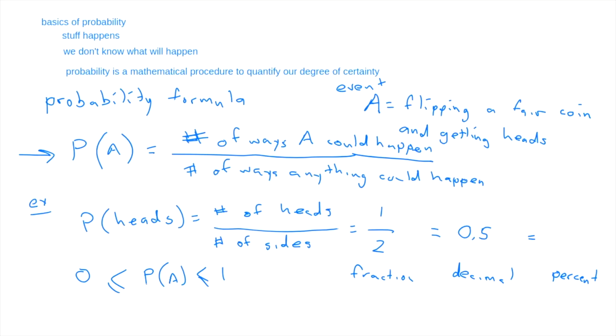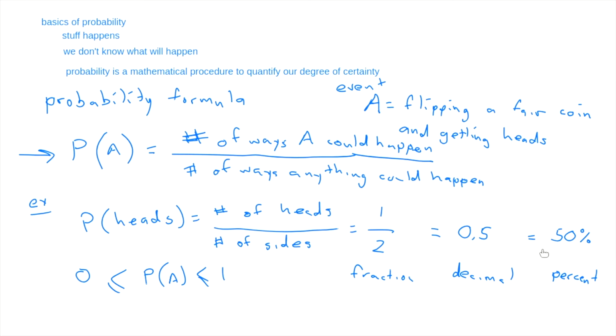In this situation, we know that you move the decimal over a couple of places. There's some rule about converting decimals to percents. I think it involves multiplying by 100. There you go. We get 50%. To say the probability of getting heads when flipping a fair coin, you can say it's 1/2, or you can say it's 0.5, or you can say it's 50%. Any of those are correct.